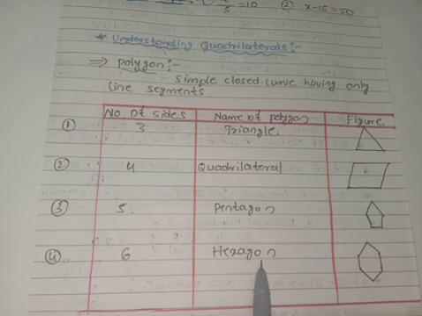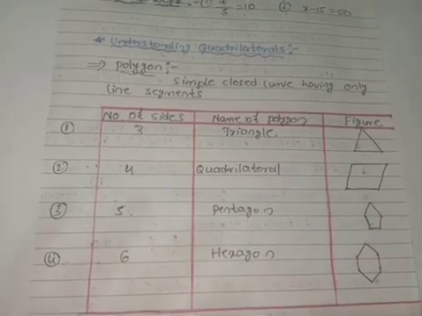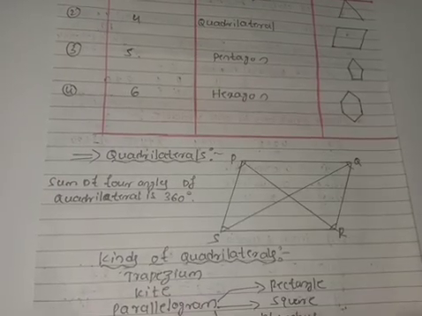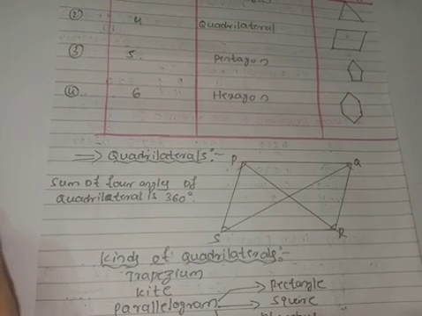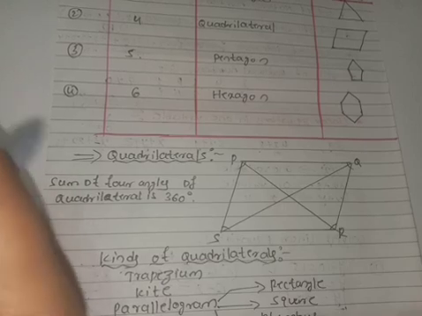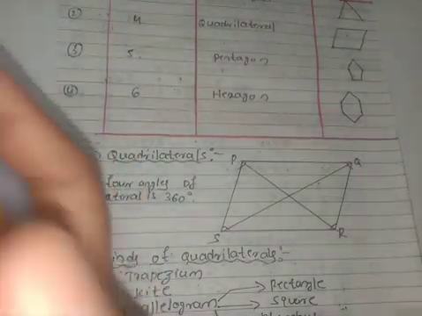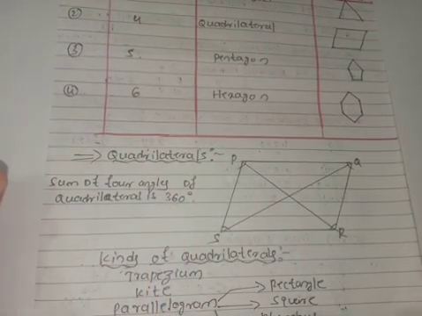Now we study about the quadrilateral. Now we discuss about the quadrilaterals: which are the different types of quadrilaterals and their properties? Yes, we study now. There are 4 vertices,